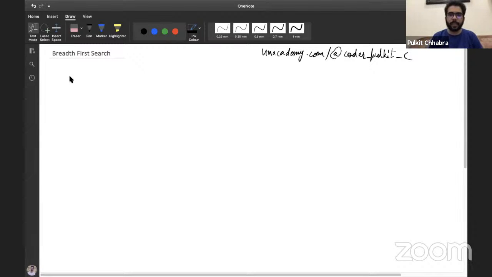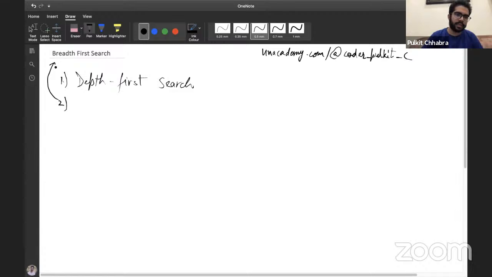The next thing that comes to mind is traversing the graph in some manner. There are two standard traversal techniques. One of them is called depth first search, again not the agenda of today's class. Another one is the one that we are going to discuss today, which is breadth first search.